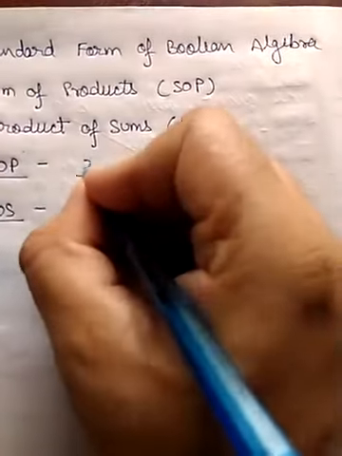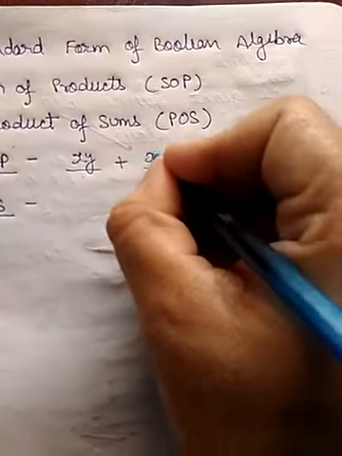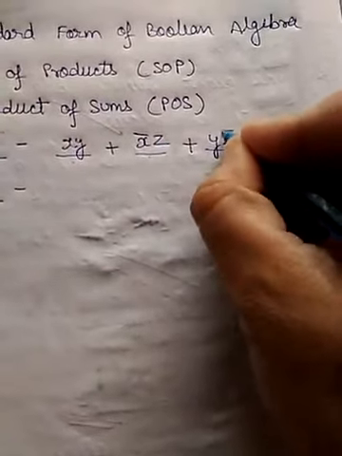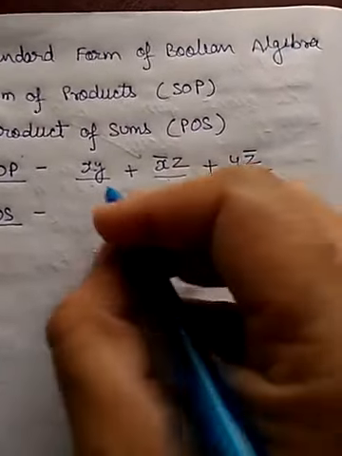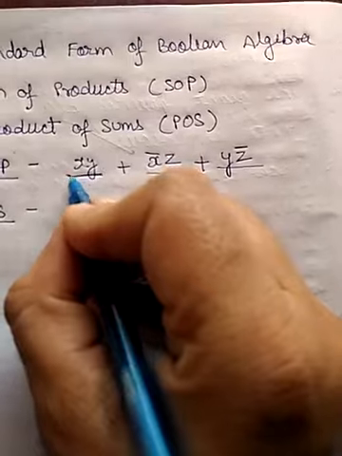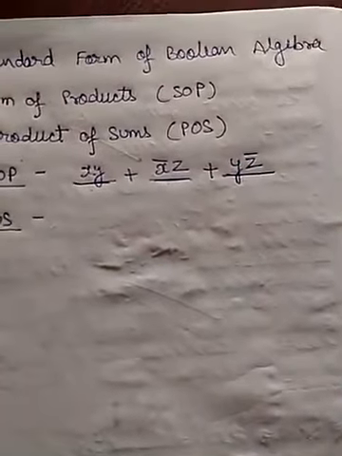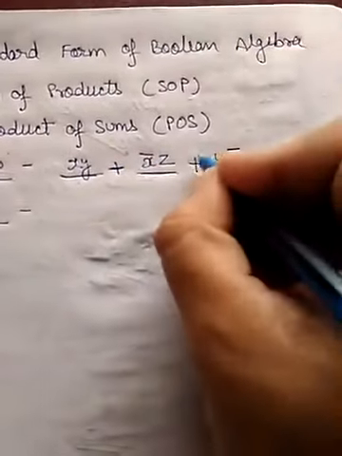Let us say xy, x naught z, y z naught. I am just taking the variables like that. So here what you see, each term is in the form of a product,